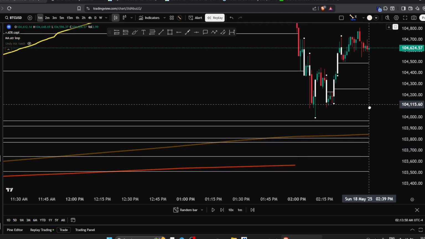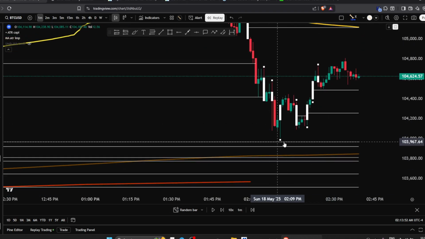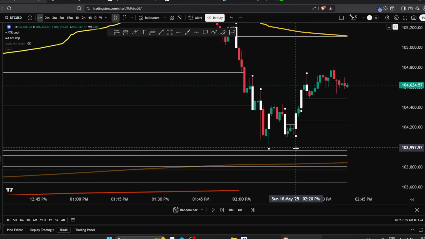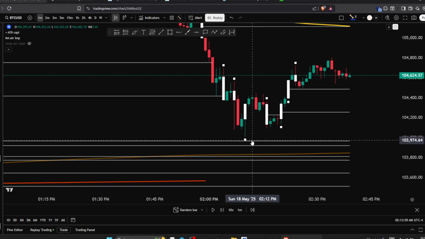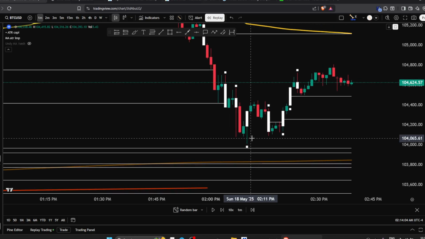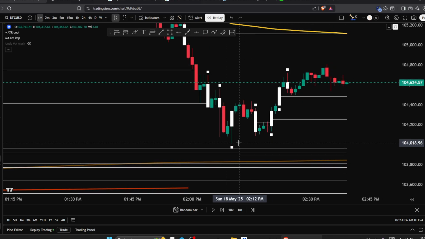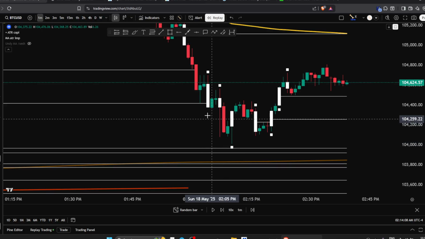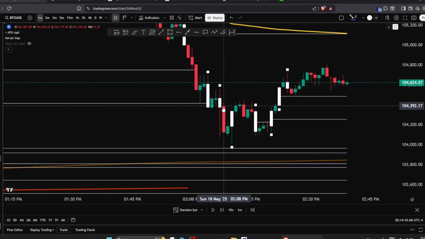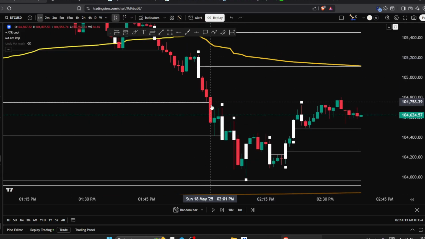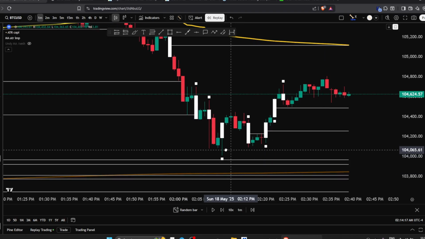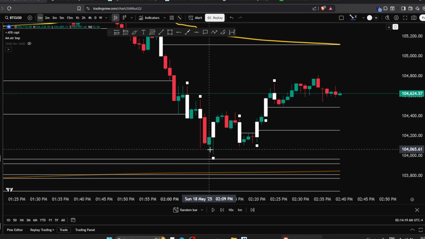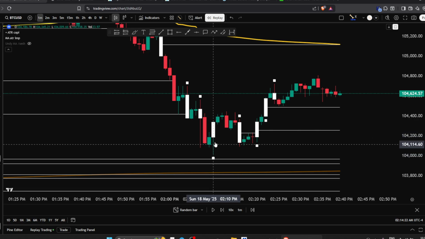So that's another thing that you want to keep in mind, that that's going to be a really strong area. Another way of putting that is it's a point of interest. Yeah, so another really good opportunity area. So price goes through it, it obviously seems like it wants to go to an area, and then once it gets to that point there, you've got that first green one, and then you've got kind of like a